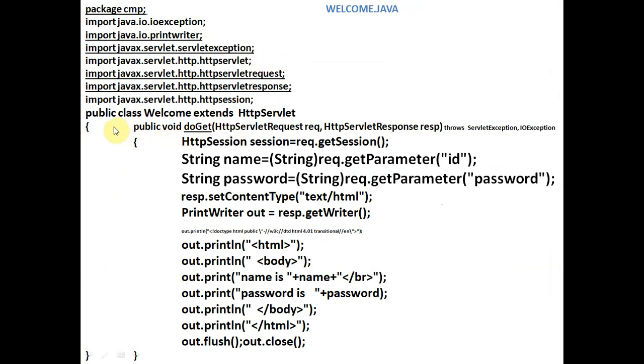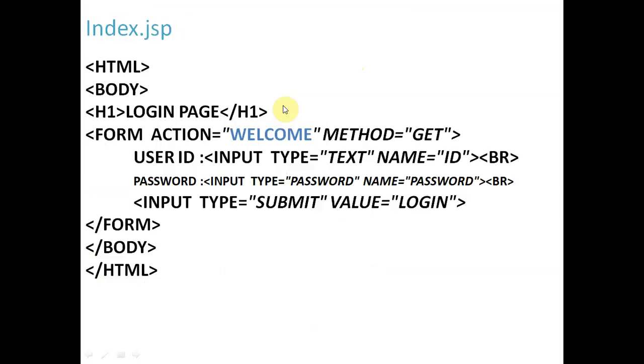So this is the Java servlet code. You can see here the public class welcome, and it extends HttpServlet. The name of the class is welcome, so as per the name of the class the file name will also be welcome. The file name is the same as the class name. You can see here the form action equals welcome class, which means we will execute the welcome dot class file.